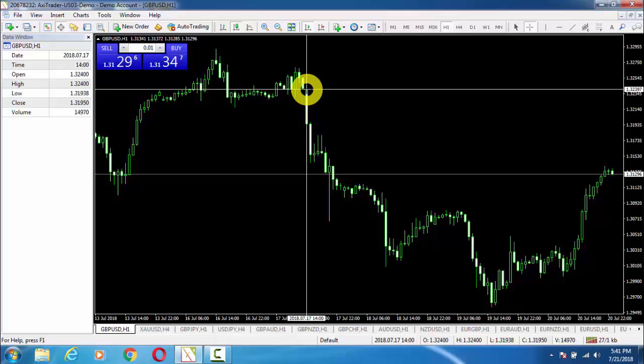And here in the data window we can see the same date, time, open, high, low, close, and volume, etc. So this is only used when we want to check how much volume is traded on this pair on this time frame, etc.